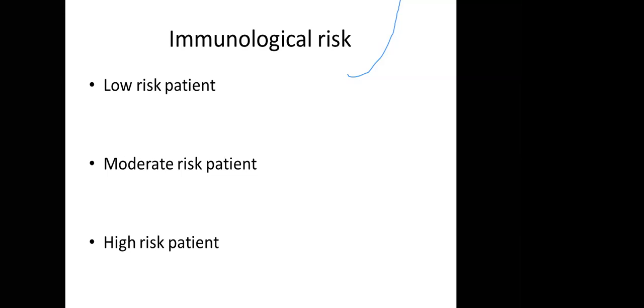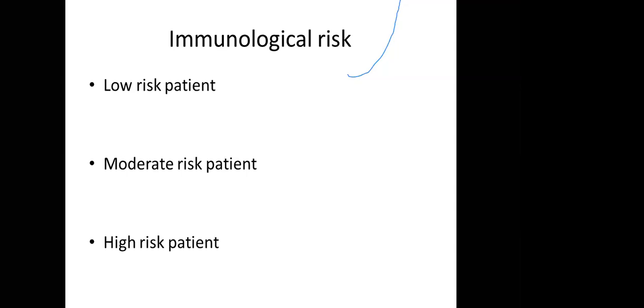What about antibodies? Cross-match CDC negative, cross-match by flow cytometry negative, and PRA is negative, no DSAs. This is a low-risk patient: good match, no antibodies, negative cross-match, and negative DSAs. So it's a low-risk patient. Moderate risk patient: the patient has poor cross-match, low titer DSAs, or primary